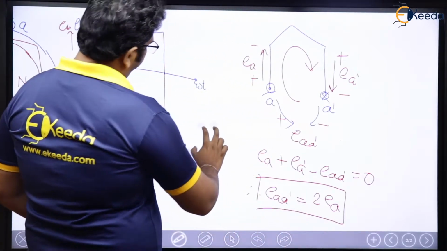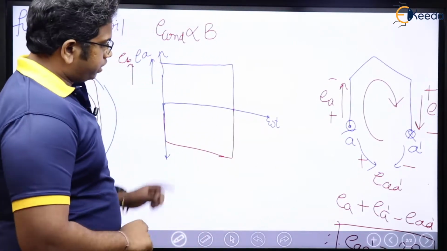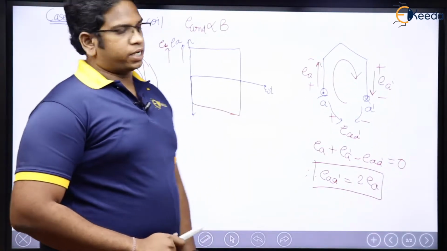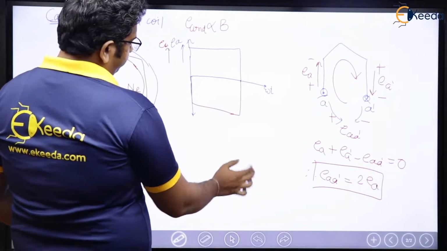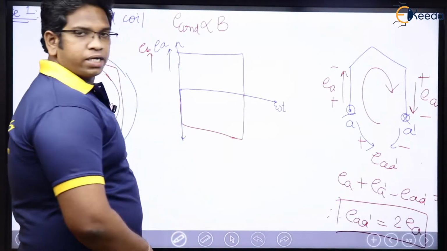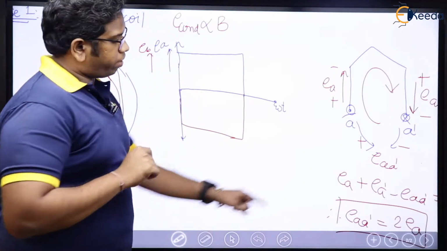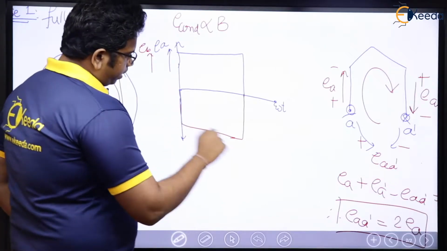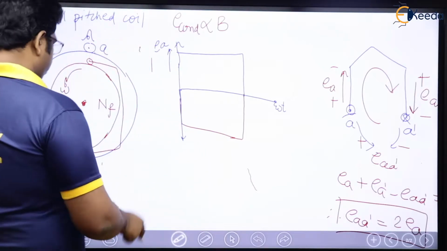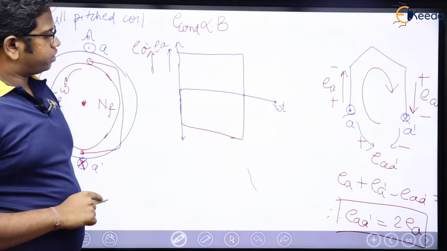So, see here, after back-to-back connection, what is going to happen? Once you take back-to-back connection, what is going to happen? This statement is very important. See here, in order to have this 2 times E conductor, what do you do here? Means, I can think of that this red, after back-to-back connection, what happens is this is EA, right? I'm sorry, this is EA. This is not EBDA, this is EA dash.